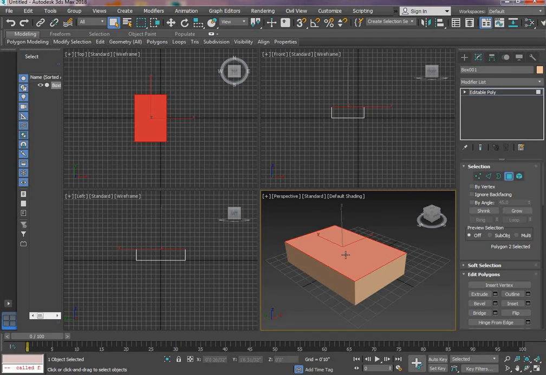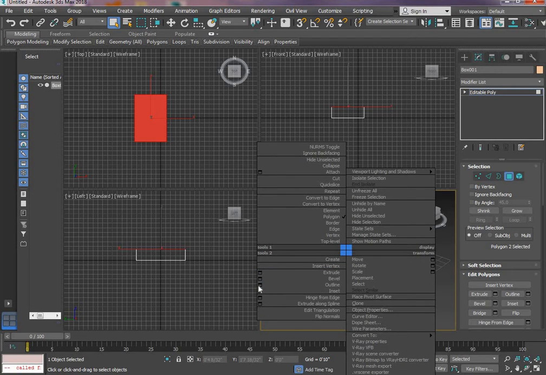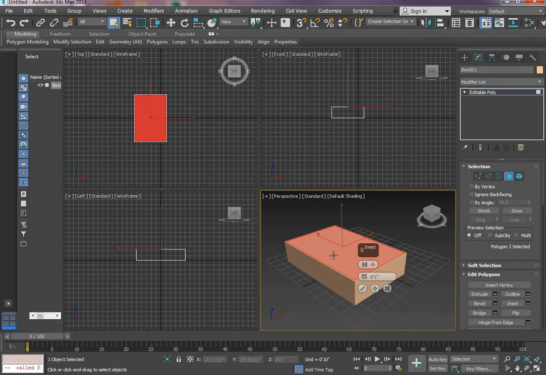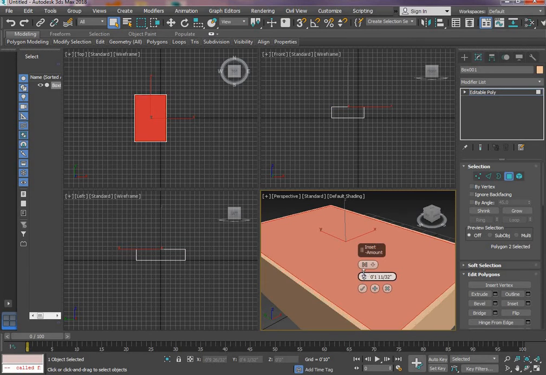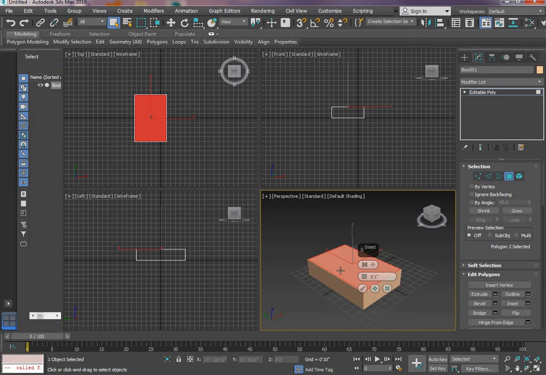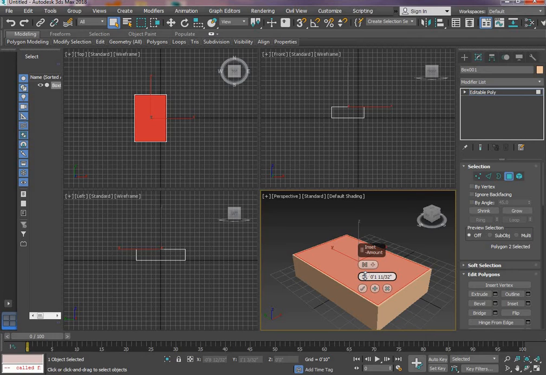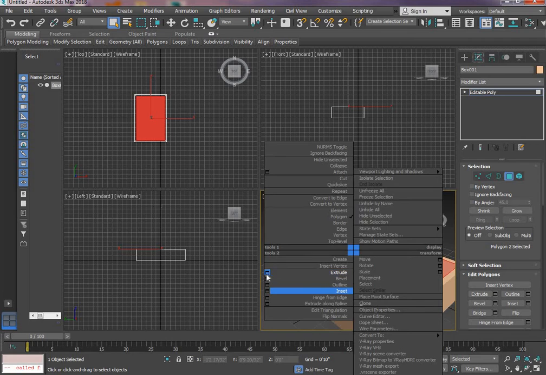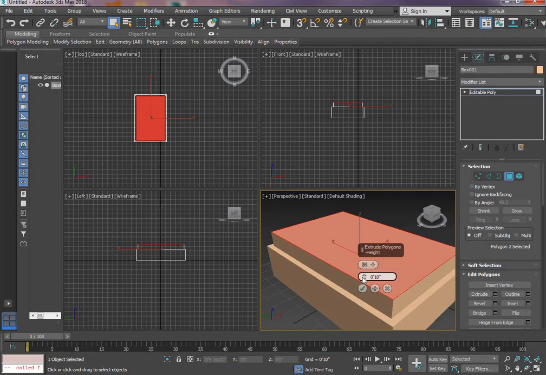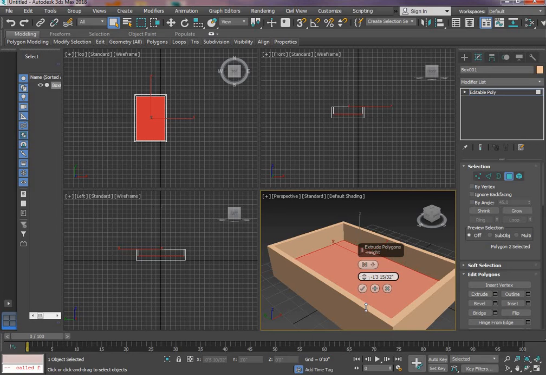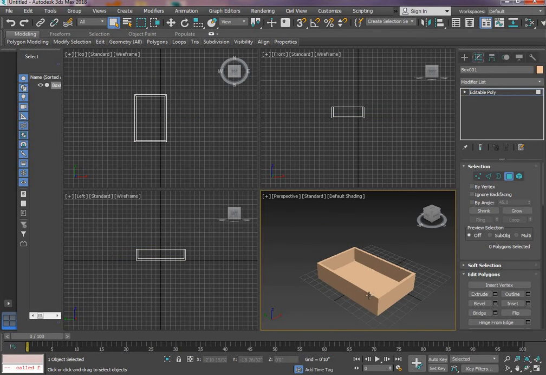select any one face, select its top face and right click, give here insert. By insert we can take a thickness for a wall, and means side walls. Okay, then again right click, extrude. Here we need to take -12 because we need open area for water. Okay, so that is one blank area,